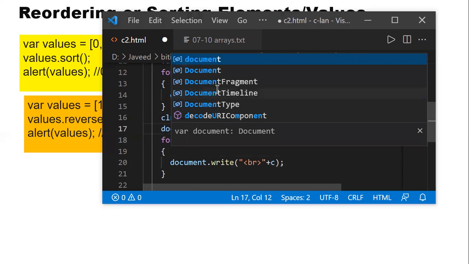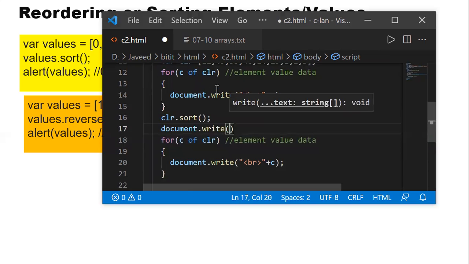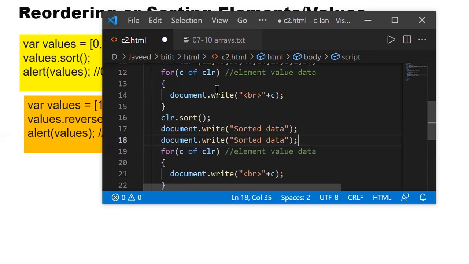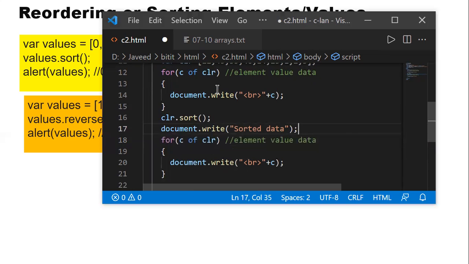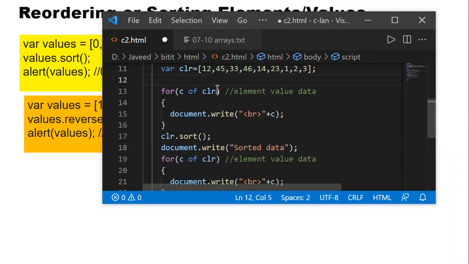I'll give the output also, using document.write. It is my sorted data I'm writing. I'm using one more loop above this loop to print the unsorted data, with the message: this is my unsorted data.